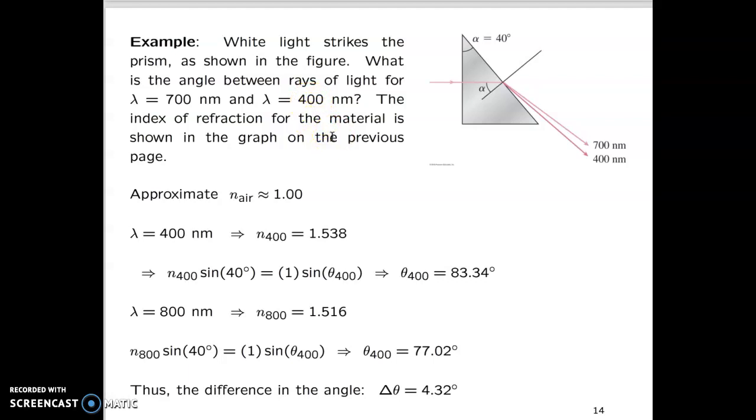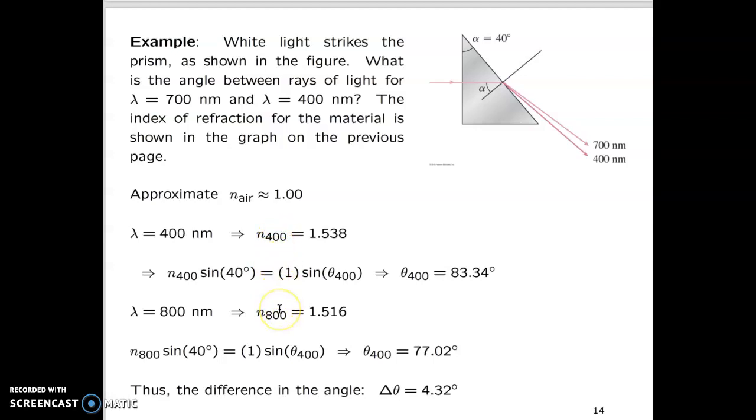We're going to use Snell's law. We need the indices of refraction, and the index of refraction for air is approximately 1, regardless of wavelength. Now, for glass, we're going to use the fact that the indices of refraction are slightly